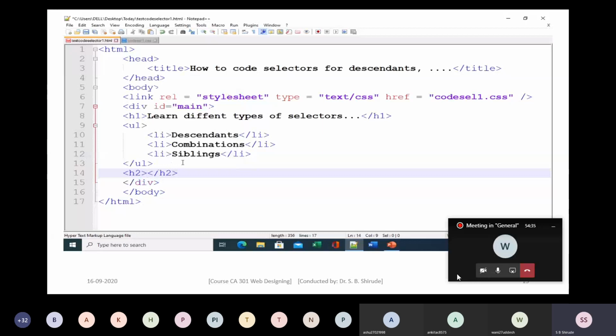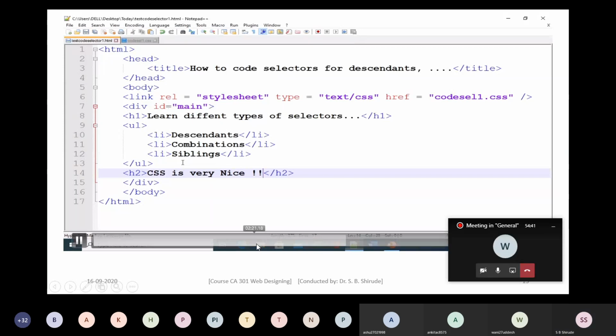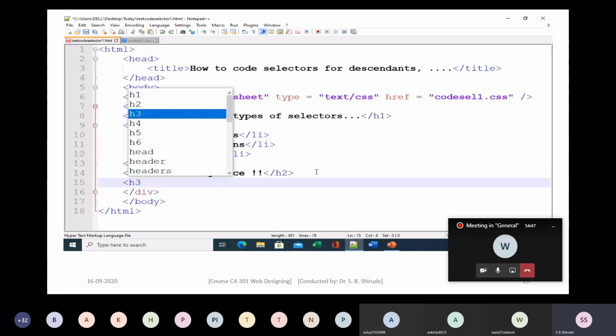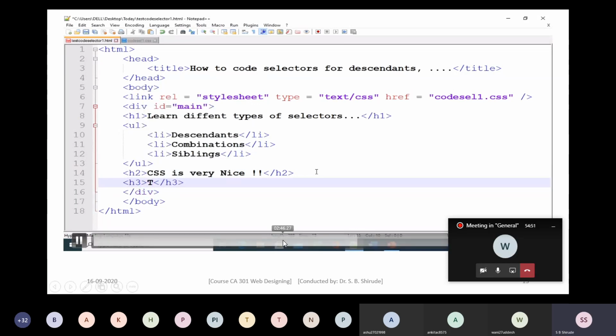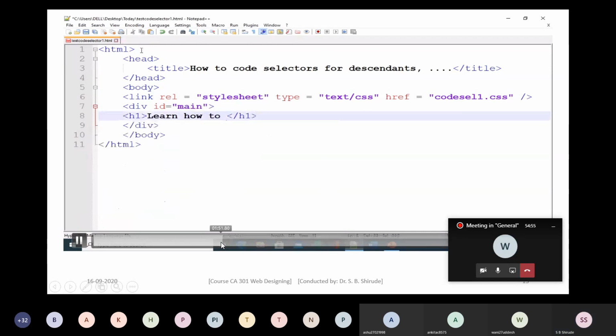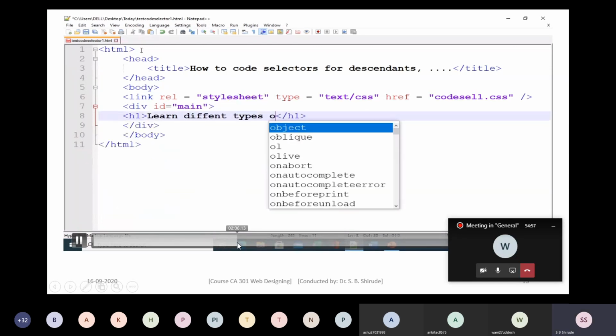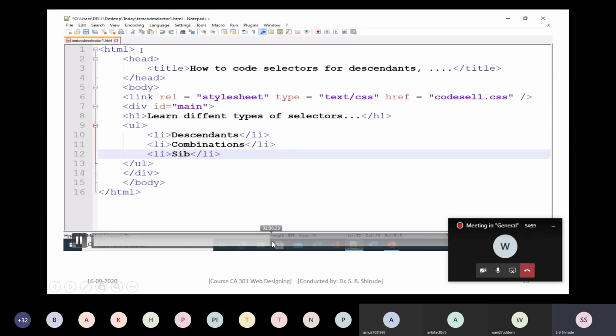Now we will implement multiple selectors. So CSS is very nice. H1, H2, so both I am going to select. Let's add one more, H3. In the H3, you type a line.